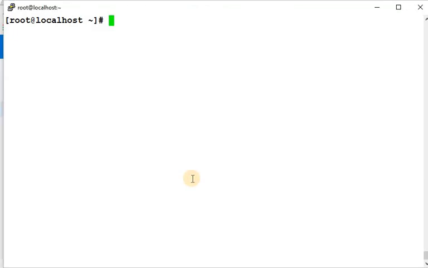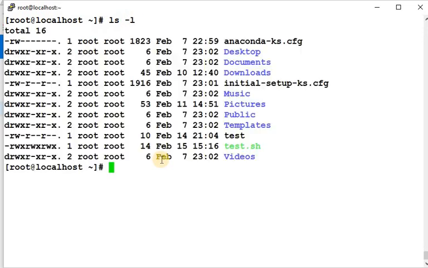Hi all, today we will discuss the nl command. Like we are reading using cat. Let me list out all the files which are present in the current working directory. So I'm in /root and the file is anaconda.ks.cfg. For temporary purpose I'm using this cat